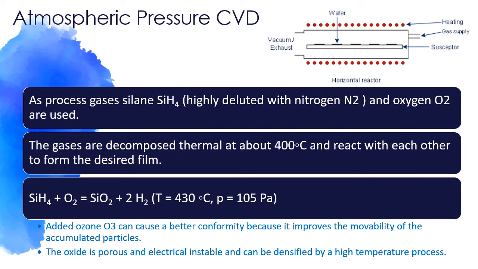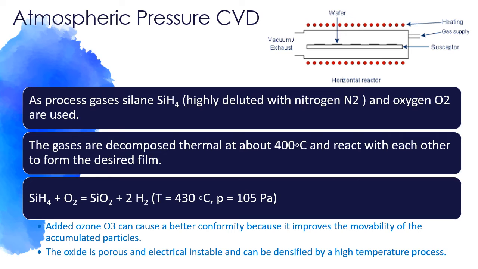An example of the atmospheric pressure CVD process is one where silane gas, SiH4, highly diluted with nitrogen, and oxygen are used. The gases are decomposed thermally at 400 degrees Celsius to 450 degrees Celsius, and then react with each other to form the desired film. You can see the chemical equation below, where SiH4 reacts with oxygen to form